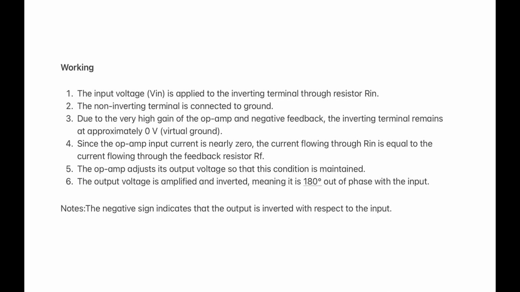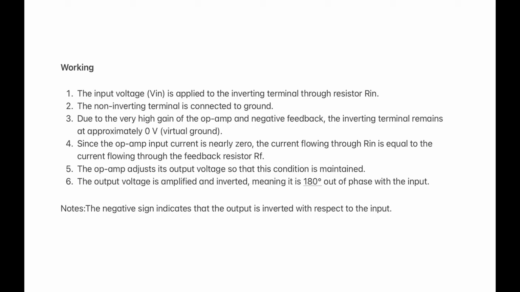Working. 1. The input voltage Vin is applied to the inverting terminal through resistor RIN. 2. The non-inverting terminal is connected to ground. 3. Due to the very high gain of the op-amp and negative feedback, the inverting terminal remains at approximately 0 volts, virtual ground. 4. Since the op-amp input current is nearly zero, the current flowing through RIN is equal to